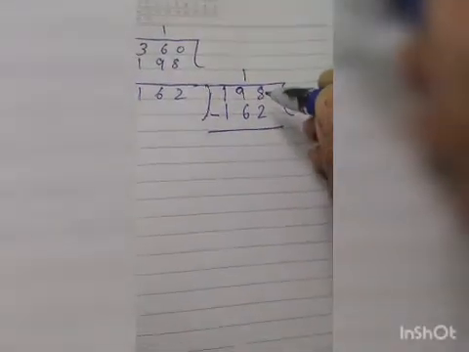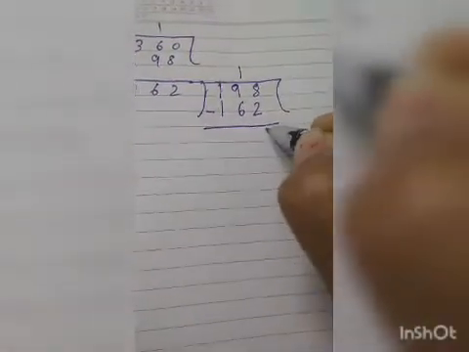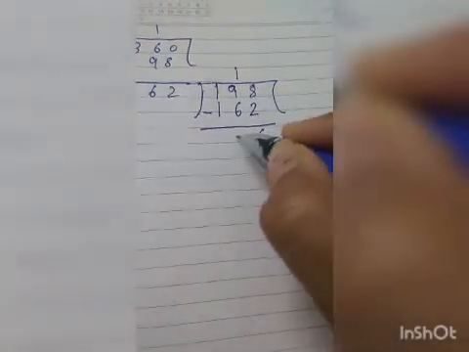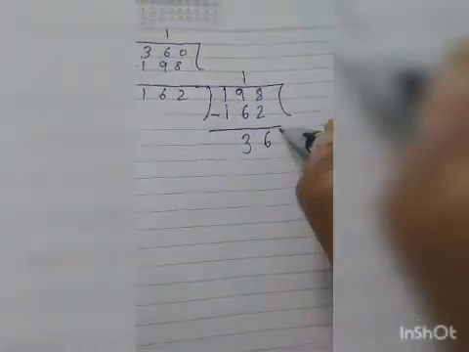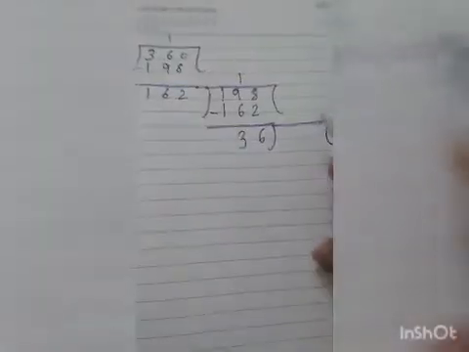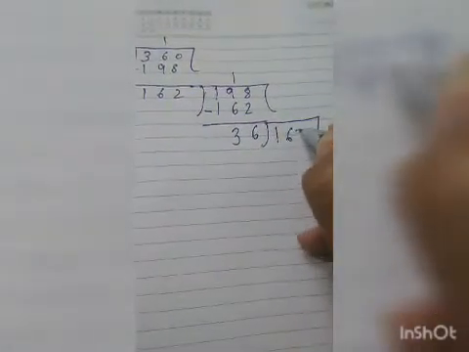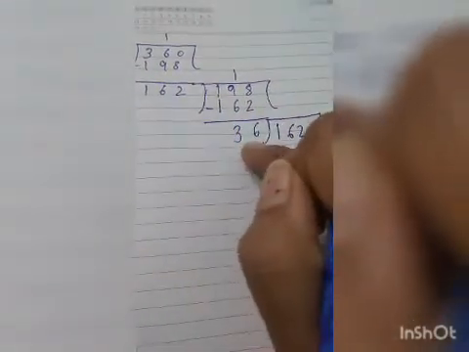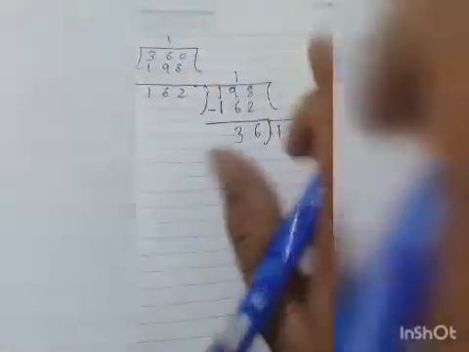Now I will subtract: 8 minus 2 is 6, 9 minus 6 is 3. Every time we have a remainder left, the last remainder we will keep